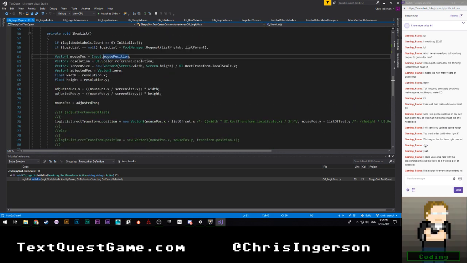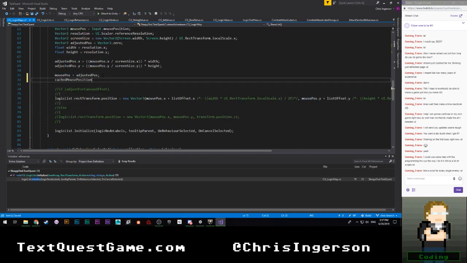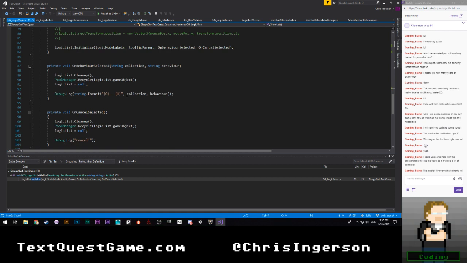So we're going to cache this. And I suppose that means that we want mouse pos, so we'll say cached mouse pos is equal to mouse pos here. So we want the adjusted value because that should give us our correct position. Okay. Then I'm going to go ahead and come back down to here. And here's where we get some fun stuff. We're going to say